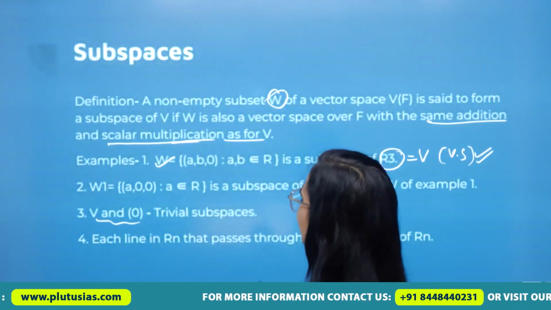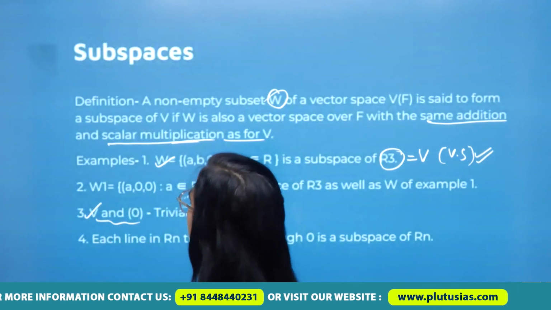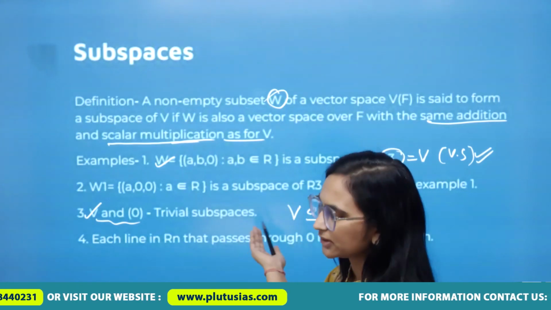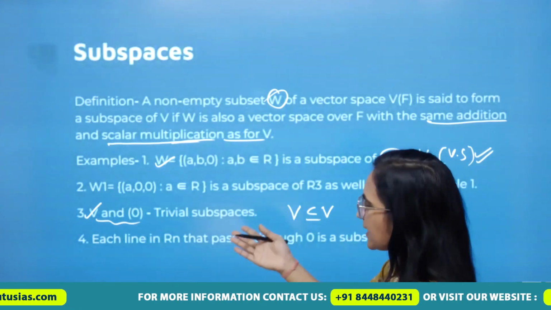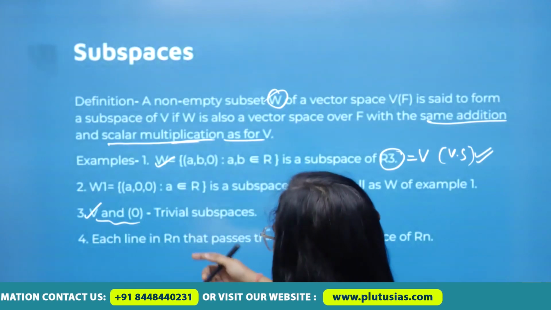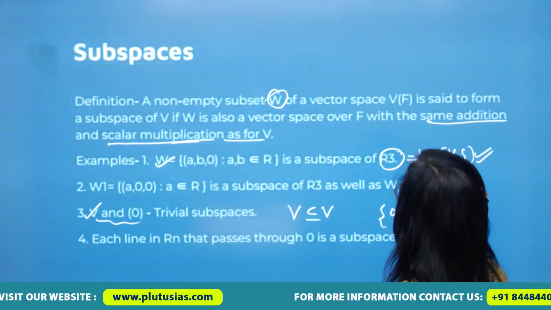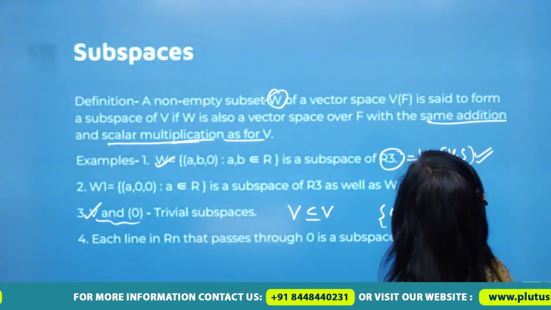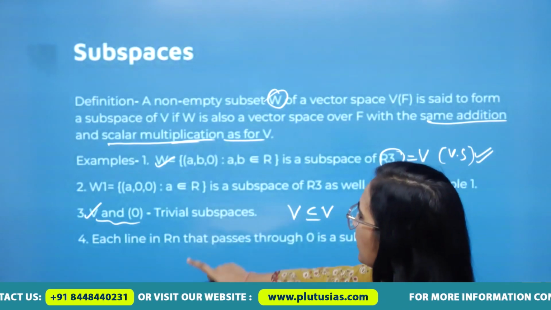But there are 2 trivial subspaces. These always exist. One is the set itself, since V is contained in itself; it may be equal to, but it is contained in V. And another thing, if it is a vector space or subspace, then the additive identity would always belong to the set. So 0 would always belong to the set. And if 0 is a singleton set, it is also known as a trivial vector subspace of V. These 2 subspaces are known as trivial vector subspaces.